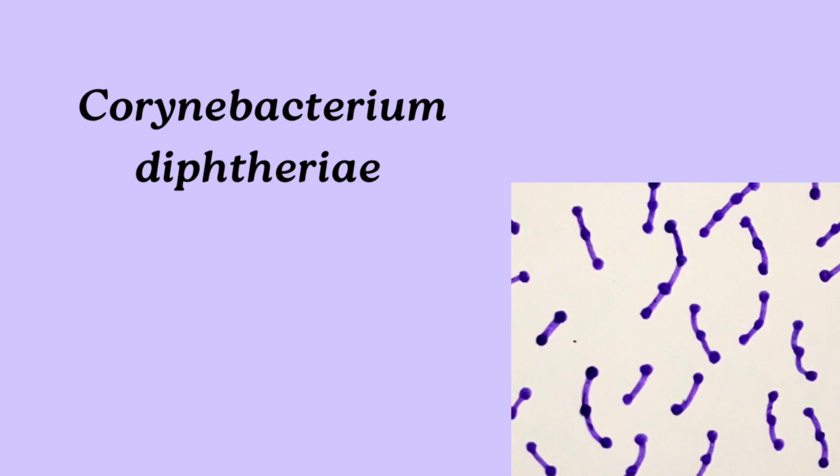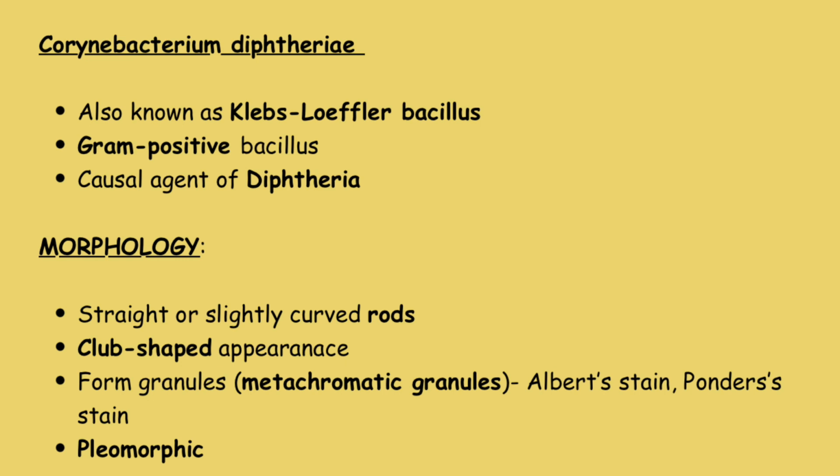In this video, we are going to discuss Corynebacterium diphtheriae. Corynebacterium diphtheriae is also known as Klebs-Loeffler bacillus. This is because the diphtheria bacillus was first observed and described by Klebs in 1883, but it was first cultivated